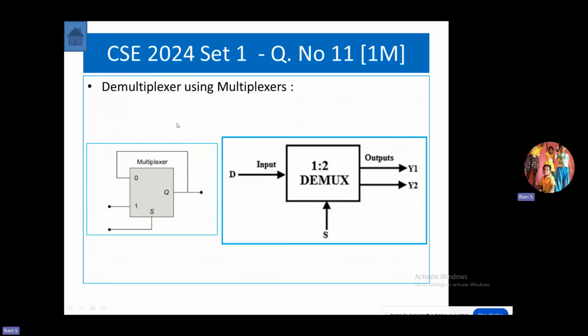Then the last option given here is the demultiplexer. Comparing a demultiplexer and a multiplexer, very similar to a multiplexer, only a single select line is required for a demux also. And if you compare the inputs, it takes only a single data input. So here also we accept only a single data input externally. However, a multiplexer always has a single output, but a demultiplexer has more than one output. So this function does not implement a demultiplexer either. The only option that the given structure or diagram matches with is